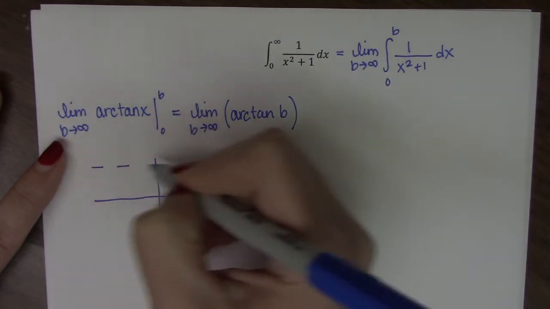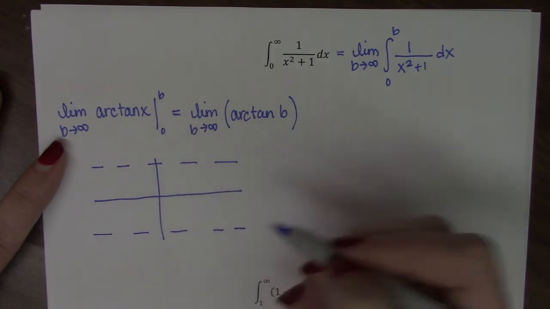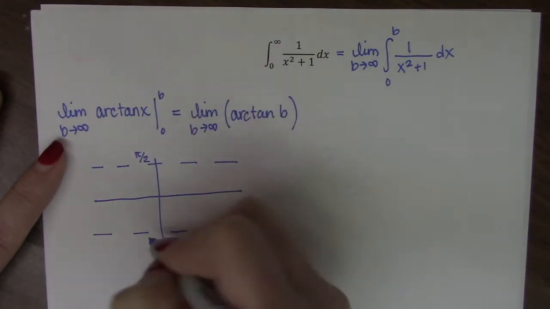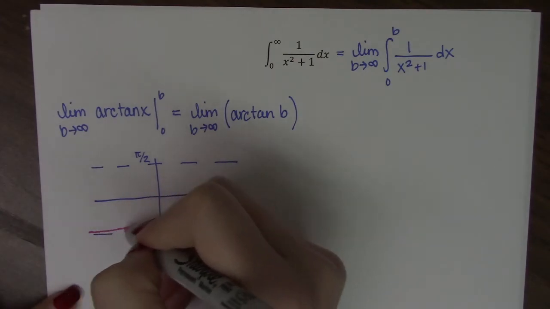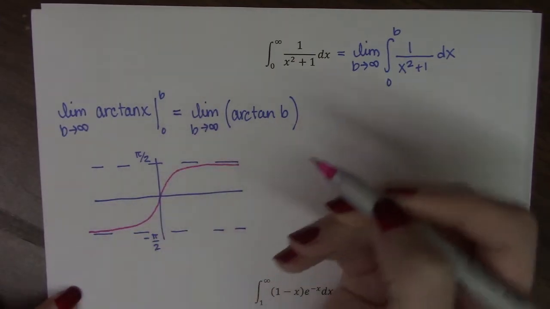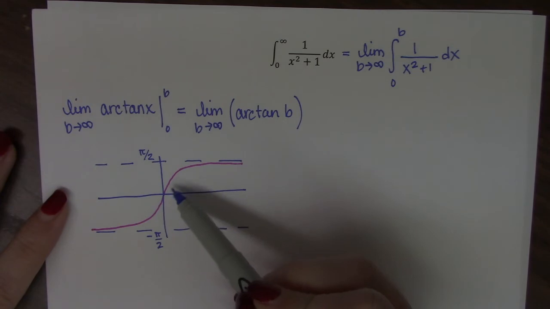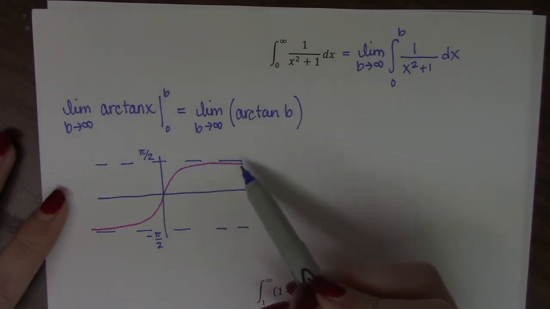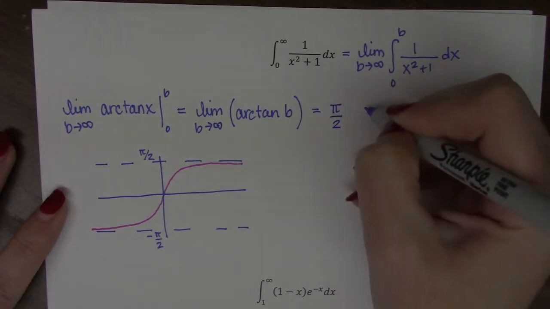That means the inverse graph has horizontal asymptotes at those two values. So this is pi over 2, this is negative pi over 2. Arctan of x is the tangent graph flipped on its side. So if we look at this, we can see that as b goes to infinity, the graph is approaching the asymptote at pi over 2. So that means the answer to this limit is pi over 2,